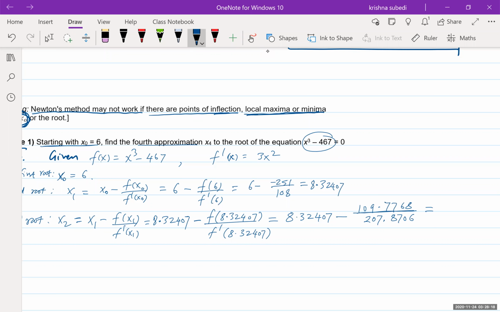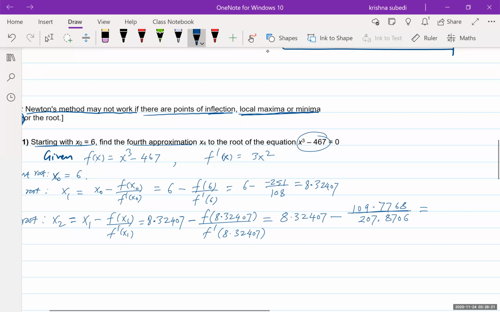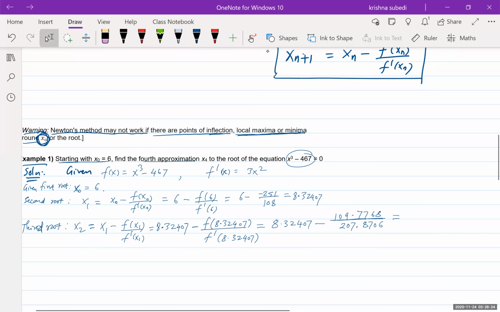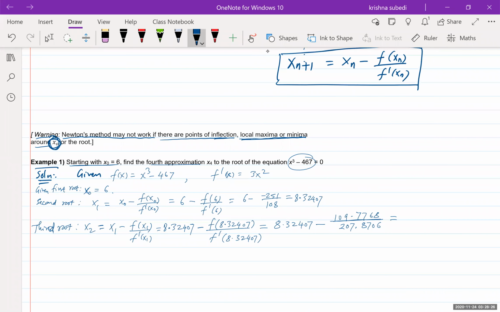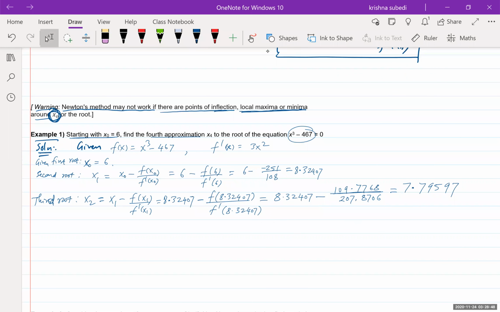So now let me use calculator again, and my calculator tells me that the calculation of these numbers turn out to be 7.79597. But I want you to verify whether my calculation is right or wrong. Sometimes I may punch the wrong button, so I want you to make sure that this is the correct one. Now let us find fourth root,